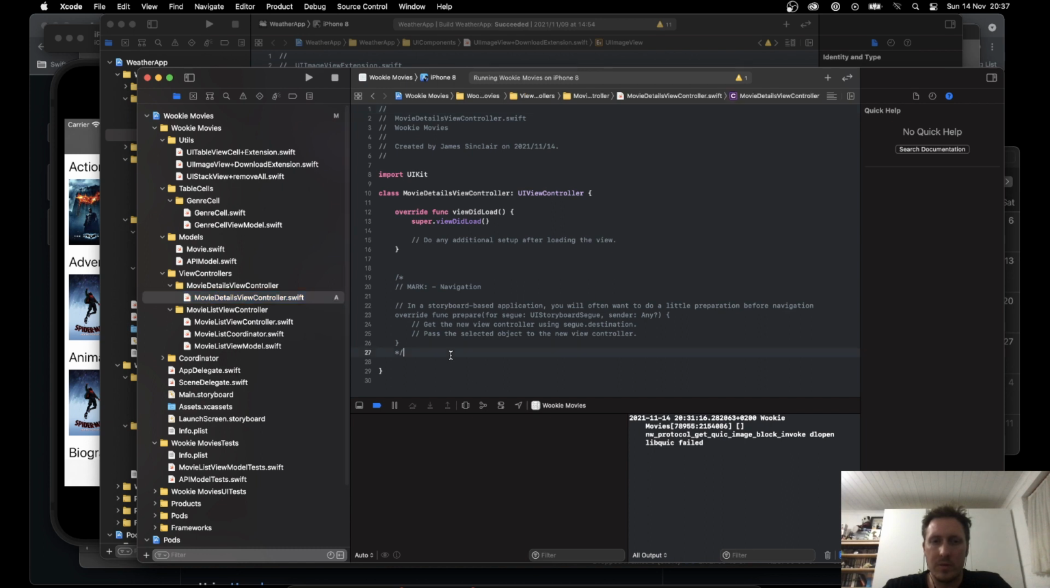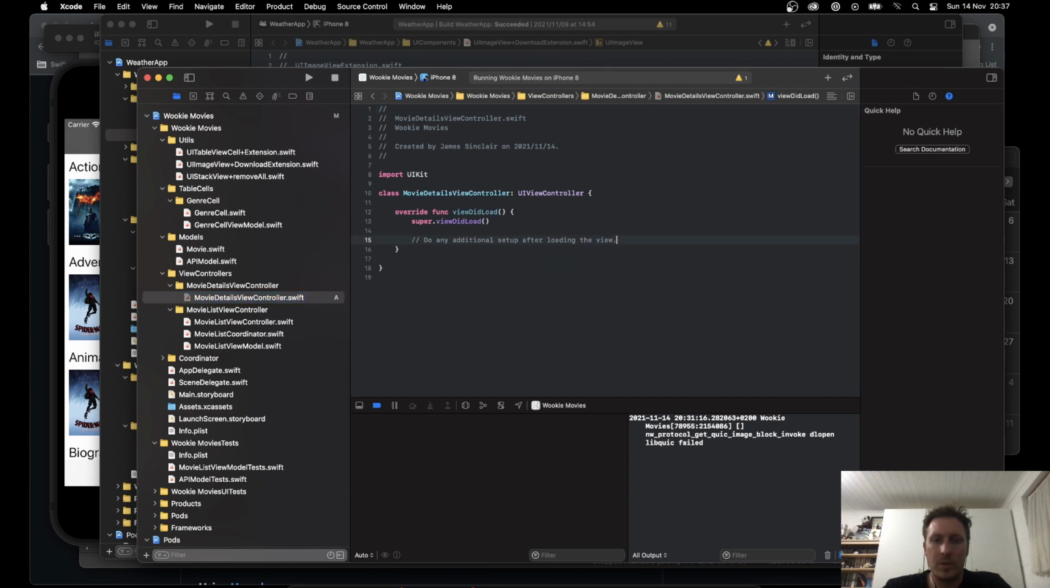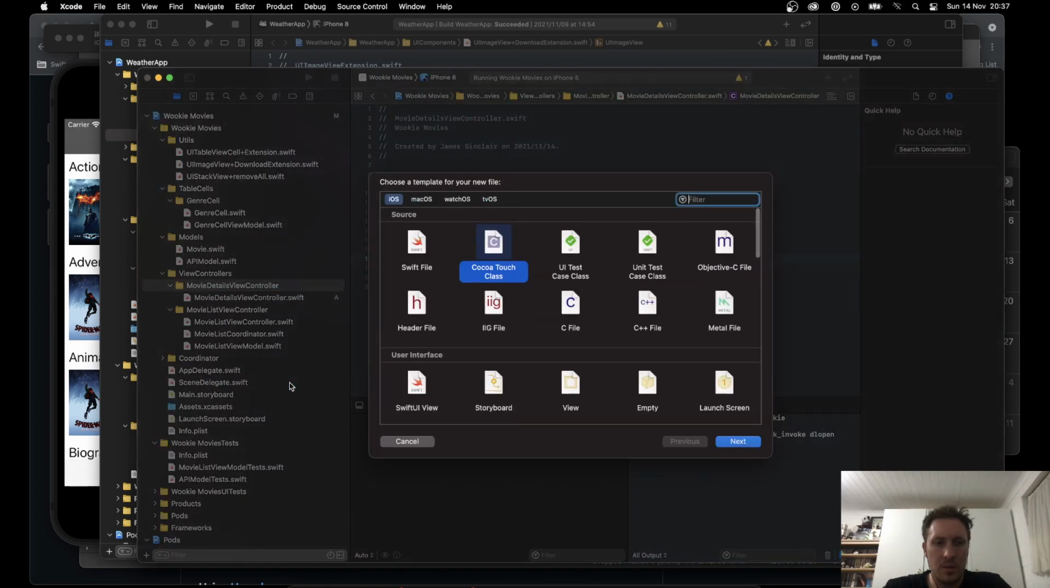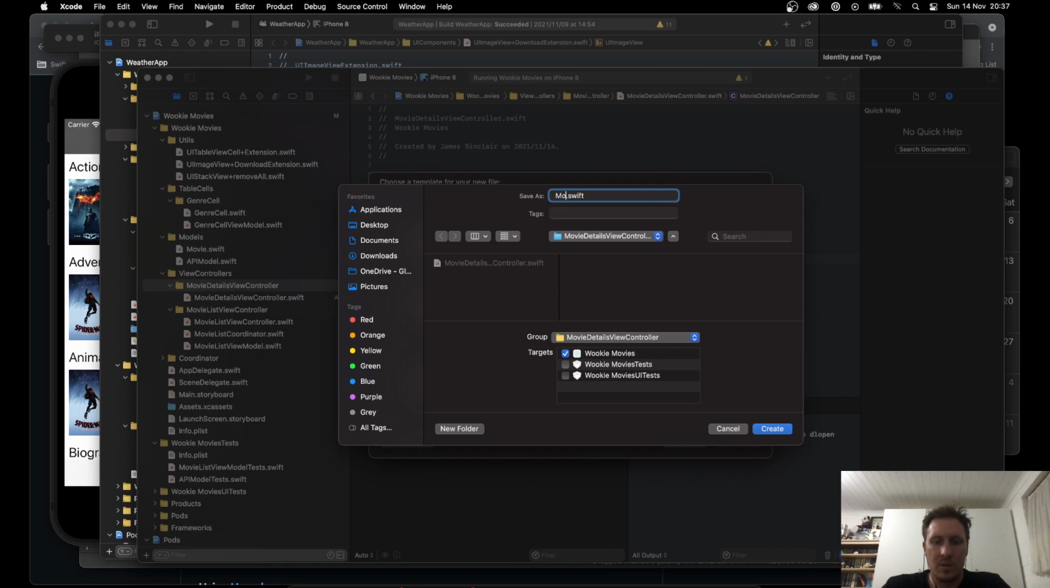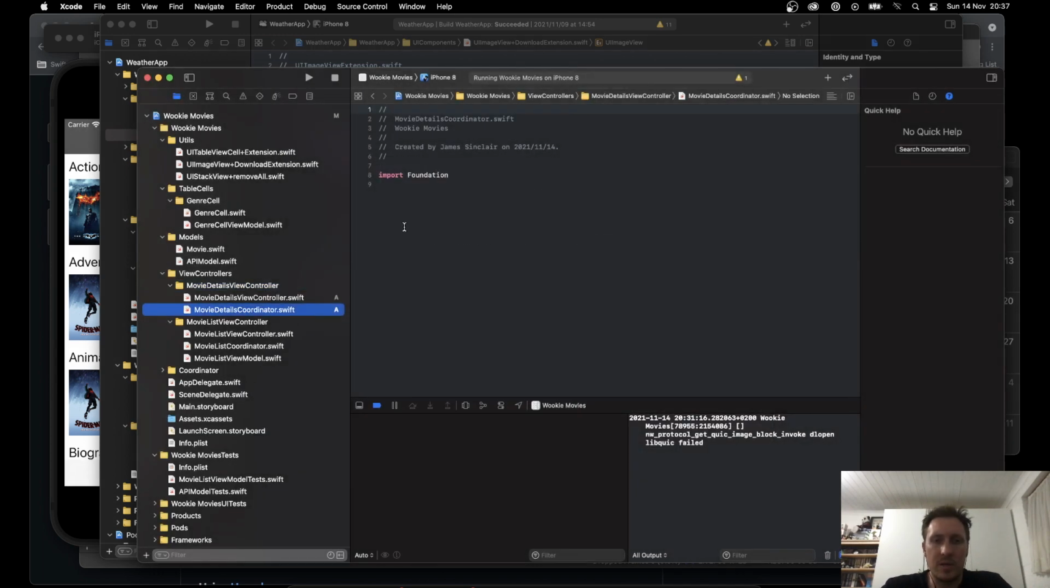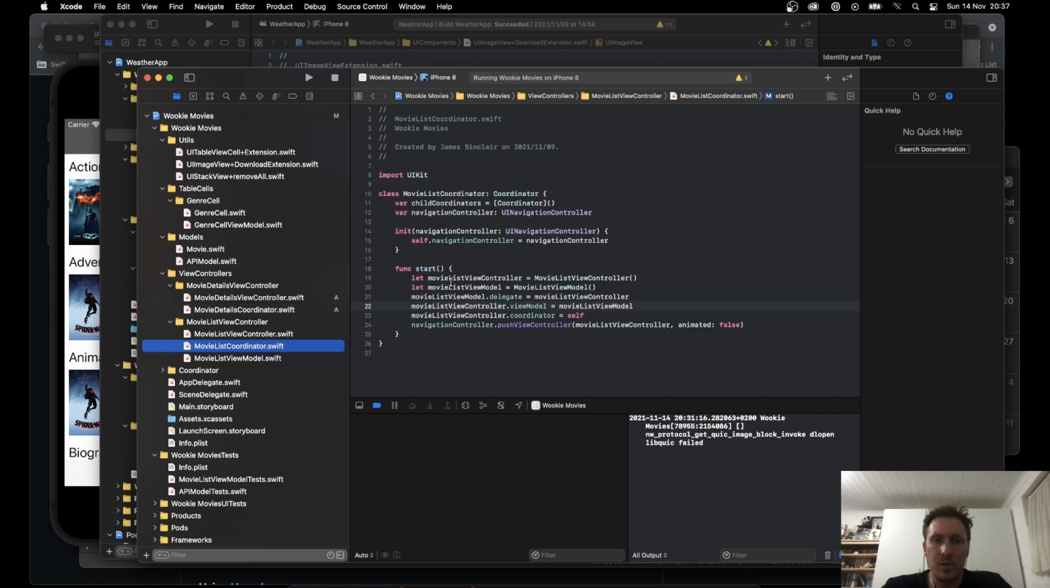What do we have here? We don't need this, but we will be populating the view in here, and the view did load. Cool. Then we want new file. We need a Swift file. Movie details coordinator. Now this is cool because this is a coordinator pattern coming into action. So we mostly actually copy paste this,